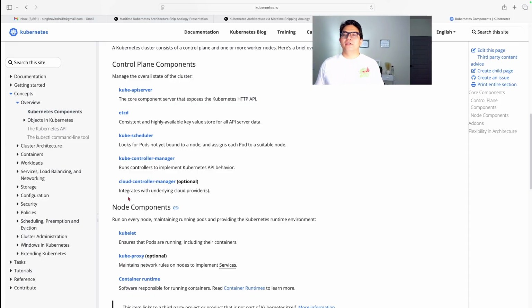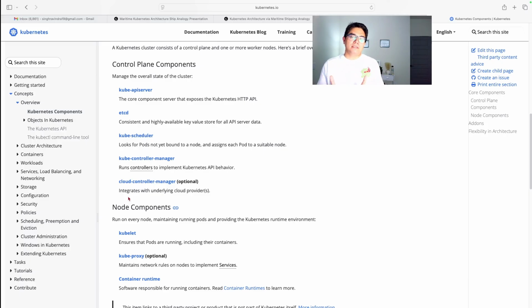Let's talk about Kubernetes control plane components. You have 4 of those: Kubernetes API server, etcd, kube scheduler, and kube controller manager. What are these? Well, kube API server is the core component of your server that exposes the Kubernetes HTTP API, which what it means is it's just a doorway to your Kubernetes cluster. etcd, consistent and highly available key value store for all API server data.